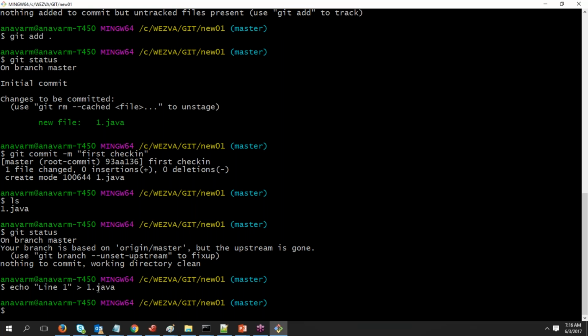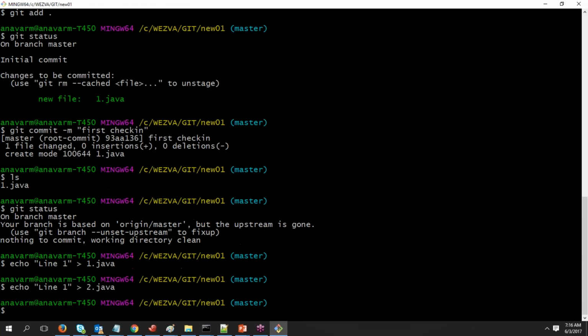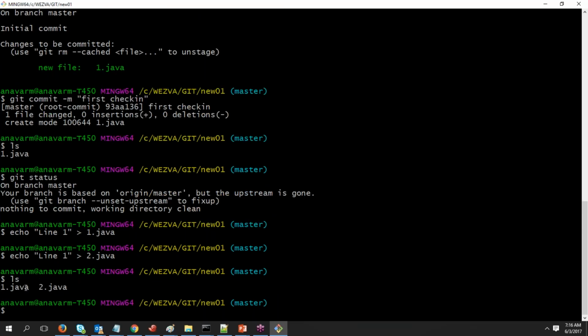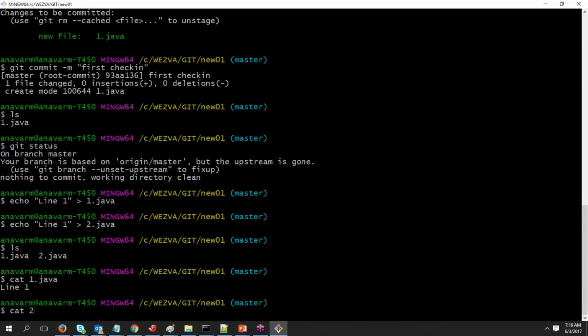And once again, here I'm just trying to use a quick Linux command where I'm just printing this and redirecting it to this file. So rather than opening the file and writing, I'm just quickly putting it in this way. Okay, so the same way, what I'll do now is I'll create one more file called 2.java, and I'll try to add a line to it. So right now we have two files, 1.java and 2.java, and both of them have a content called